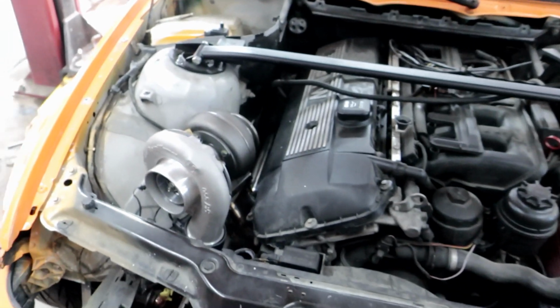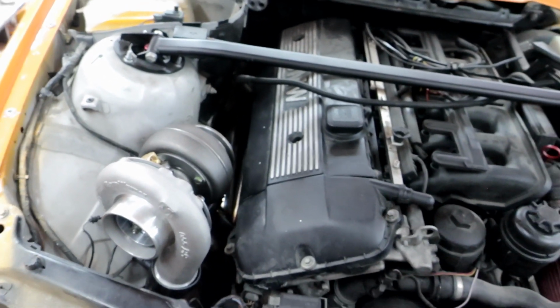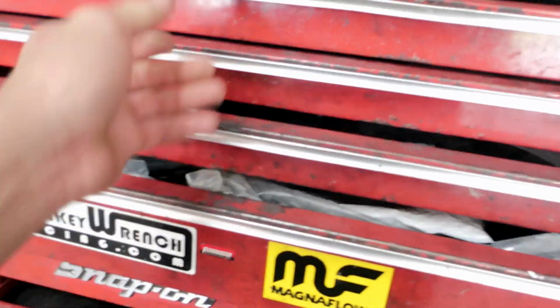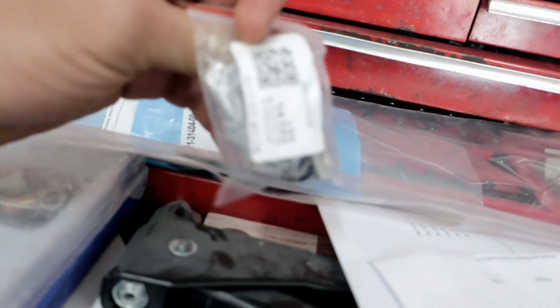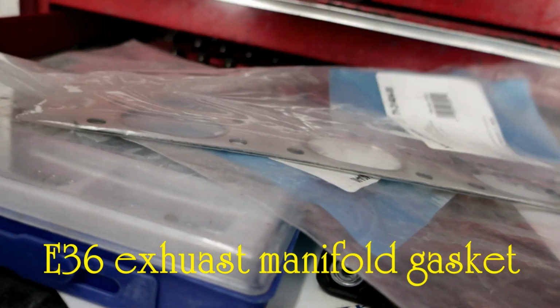So the plan today is to remove the turbo, remove the manifold, and put a gasket on it, which I got, the gasket is somewhere in my tool pan. I got this thing too to block the EGR valve off, and this is the gasket I'm using. These ones are for E46, which they are the same,